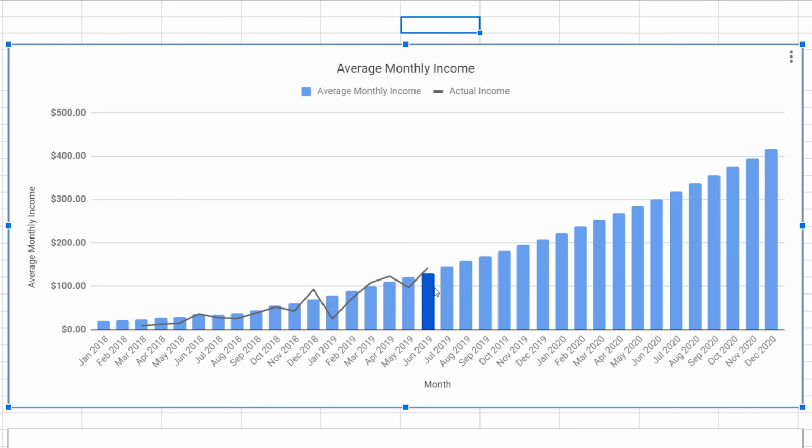Now, it has projections based on if I am depositing the same amount, if the companies are kind of growing at the same rate, what it will do is it will project out and say, next month I should be averaging 145. And this is a year, your average monthly income over a 12-month period. So 158 and so on and so forth until I can look at September 2020 and I should be making $355 a month in dividends. September 2020 if I have about the same rate of growth that I do currently.